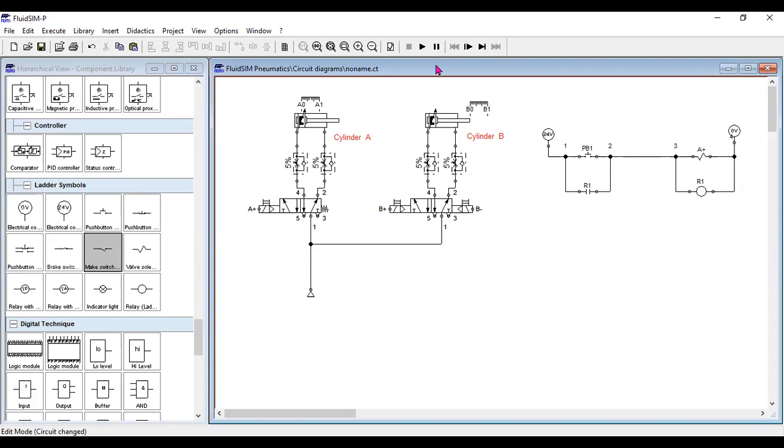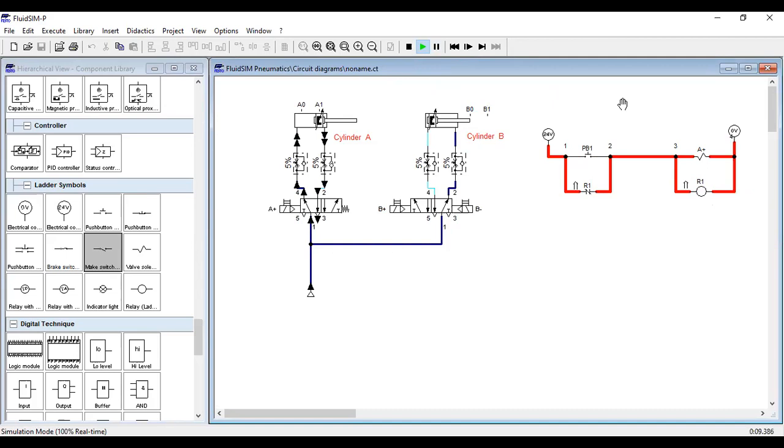So if you try to press the push button and then release, as you can see, the cylinder continues to extend with the aid of the sealing contact. Okay, so to enable the cylinder to retract, we need to